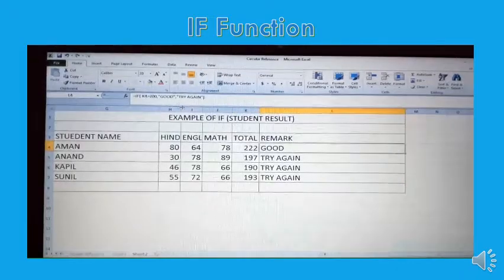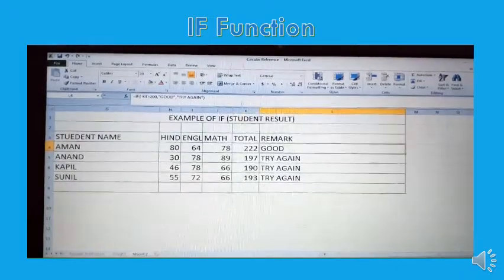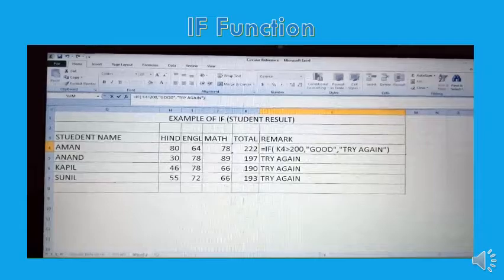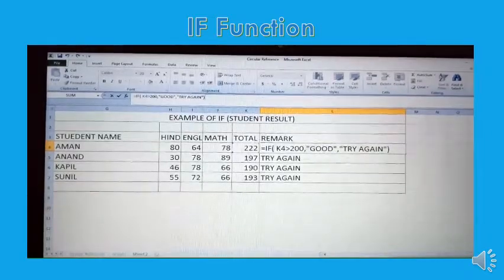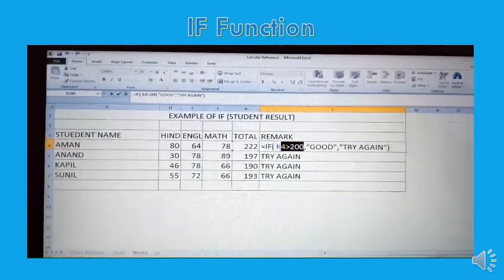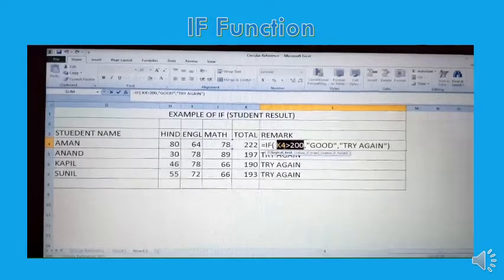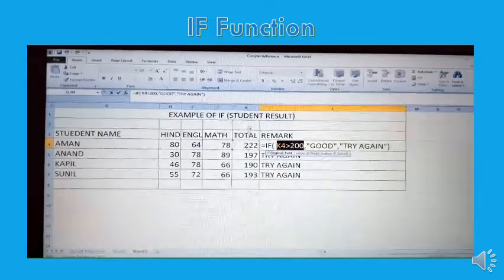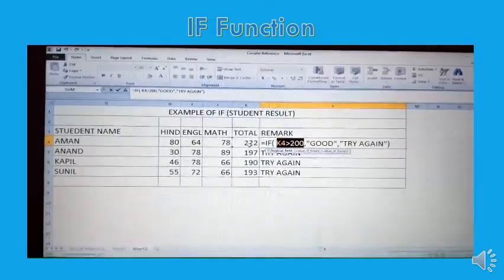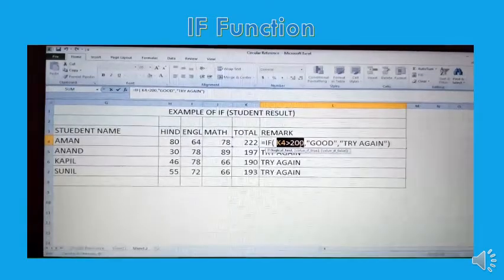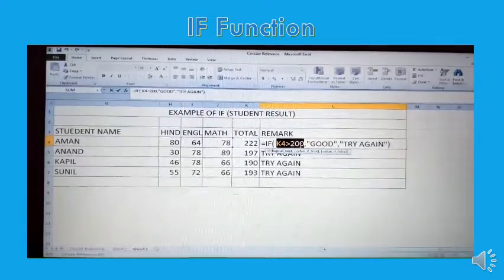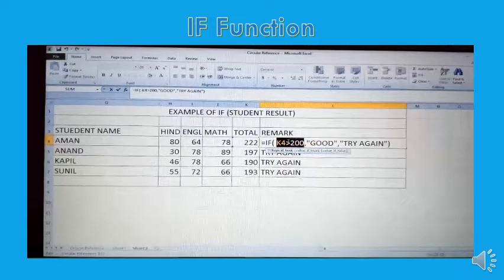See, by if condition, see my if condition. What is the if condition? I have written in the if condition, first we write the condition. What is the condition? If K4, what is K4? K4 means 222 is greater than 200. Condition is true. Yes, 222 is greater than 200.